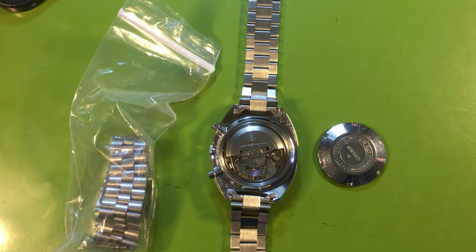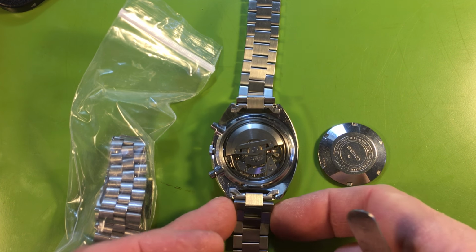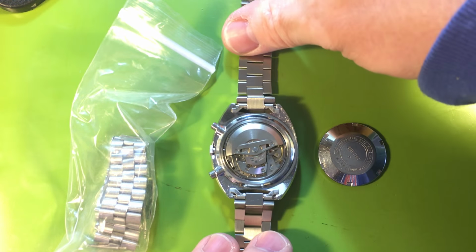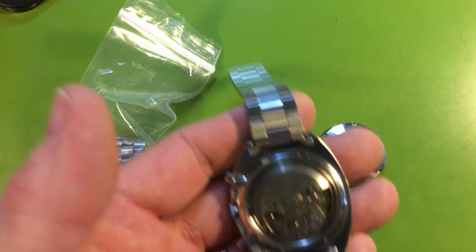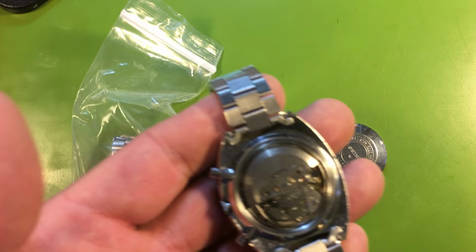Yeah, it's a nice piece. Trying to get some decent light in here. I already tested your lower mainspring arbor port, and it's tight. So I'm not concerned about that at all. The movement just...